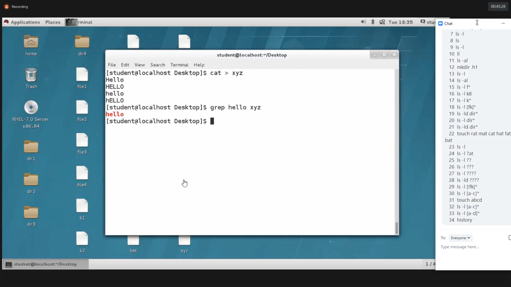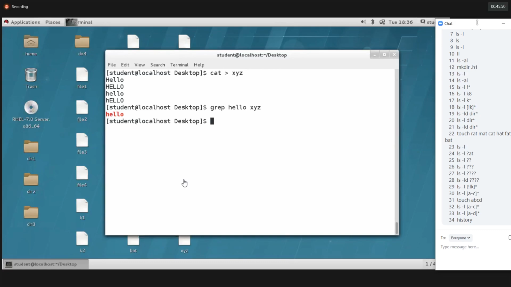Here v is not verbose. Guys, each and every command has different options, so don't think v means verbose, okay? Here v means excluding.